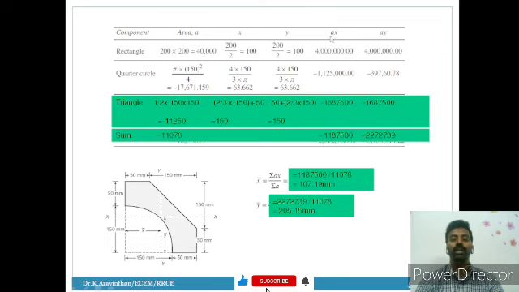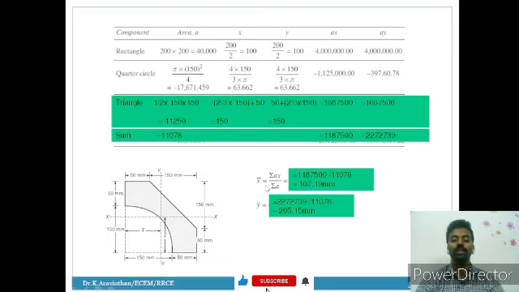Finally, if you want to find ax, you have to multiply the component to arrive at this answer, and you will get the summation of all the values. Note here that you have to subtract the quarter circle's answer and triangle value. These are the two values which have to be subtracted from the square value. Right now, if you subtract from this, you will be getting this answer.